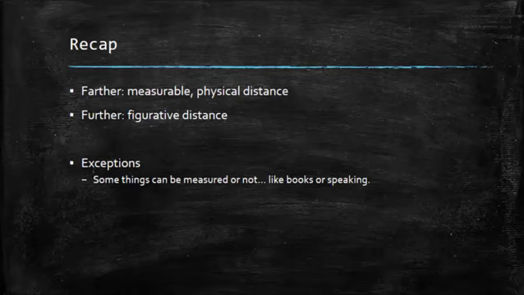But at the same time, if you're trying to talk about how the story develops, there's no real way to measure that. You can't draw a line and say like, yes, this is the distance of that book. It doesn't work. So we can count the amount of pages, or we can talk about it metaphorically, like the distance we travel in the story. So we can kind of mix things up a little bit there.